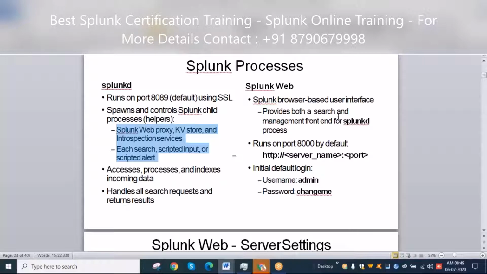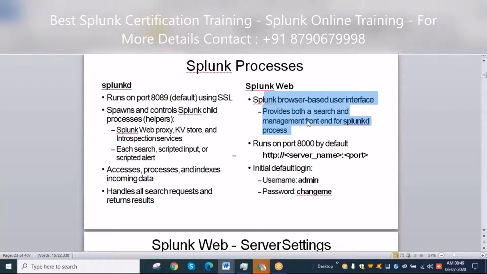Coming to Splunk Web, it provides both search and management front end for the splunkd process. Whatever we search, and whatever the Splunk process shows us, is displayed in the browser user interface.